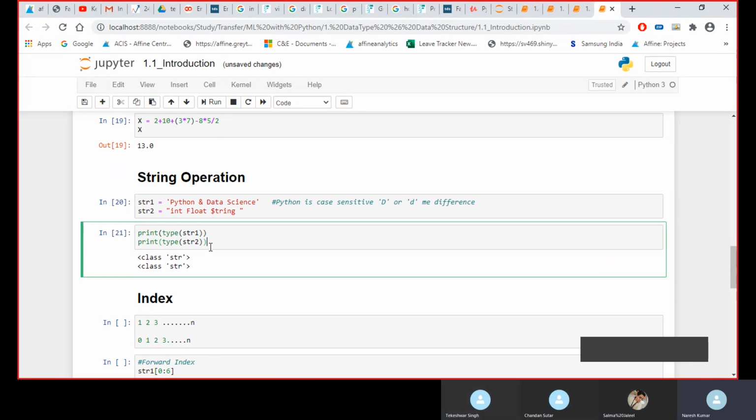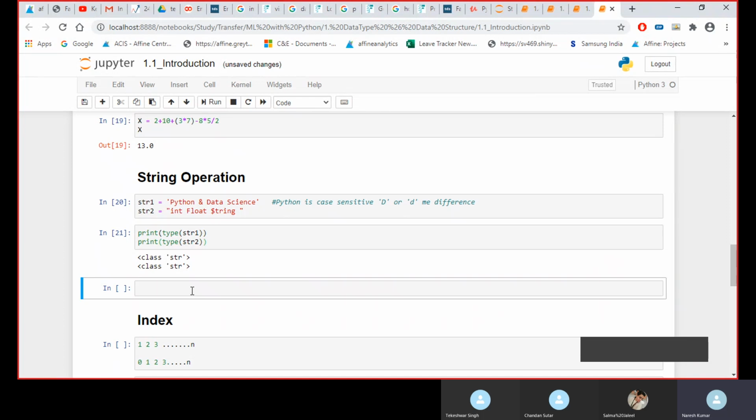One thing in Python is that it is case sensitive. If you are writing anything in capital, and by mistake when you are calling that variable you have written it with a small d, Python would not recognize this small d.